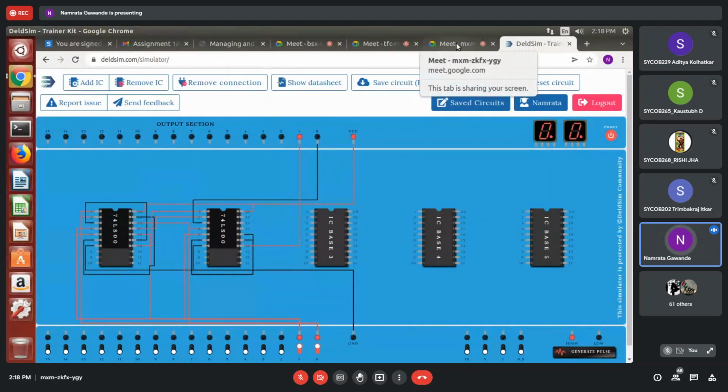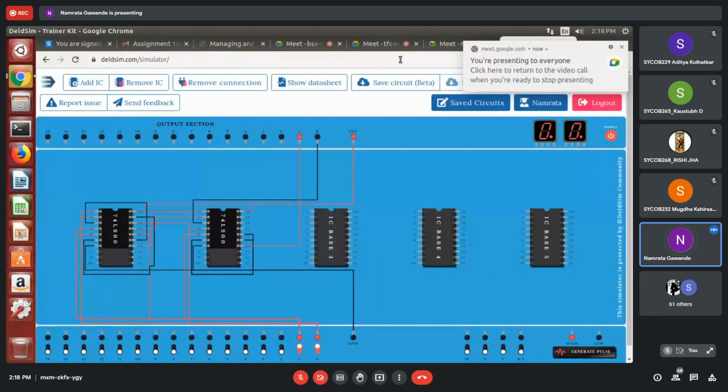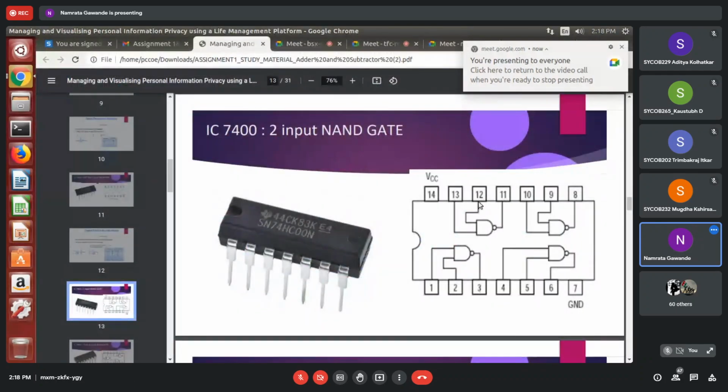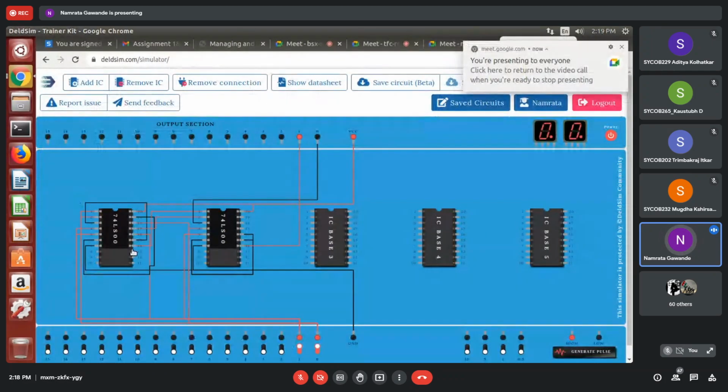Have you understood these connections, students? Yes, ma'am. So likewise, you draw the diagram and then write the pin numbers accordingly, based on this particular circuit. Here you may get confused because this is the 14 pin IC structure, but in the DELSIM simulator, you can see a 20 pin IC structure. So accordingly, you need to change the numbering because this is a 20 pin IC. We have to assume it only as 14 pin. Okay. So make the connections properly and do this part.